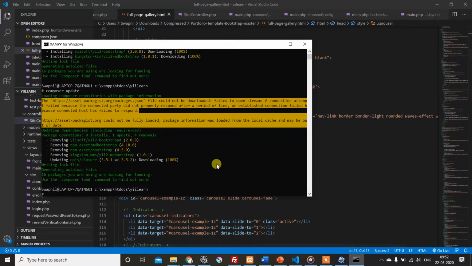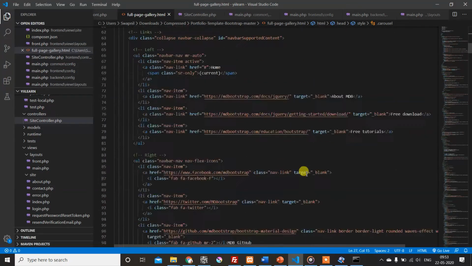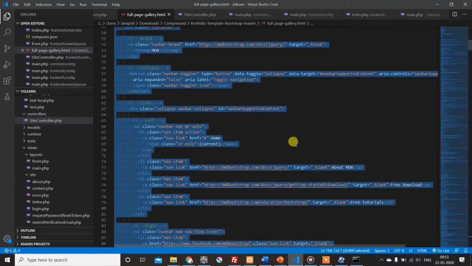Just waiting. Yes, we removed that Kingston package and some other packages get updated. Okay, so this is the full page gallery HTML demo we got free from MDB. What I do is press Ctrl+A, copy, and go to the front layout page,